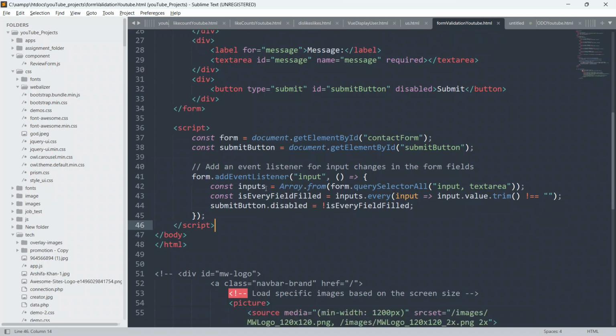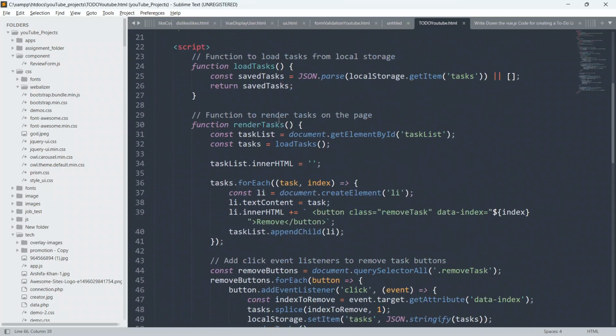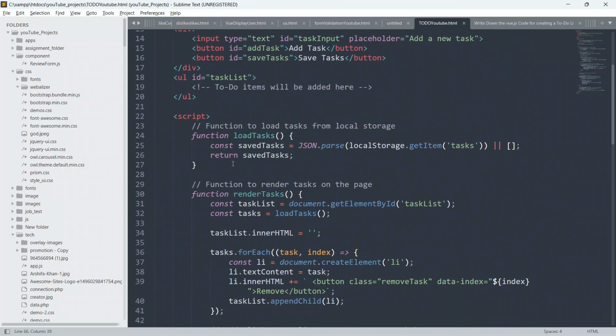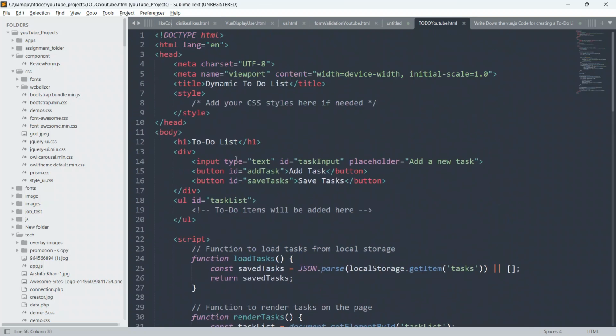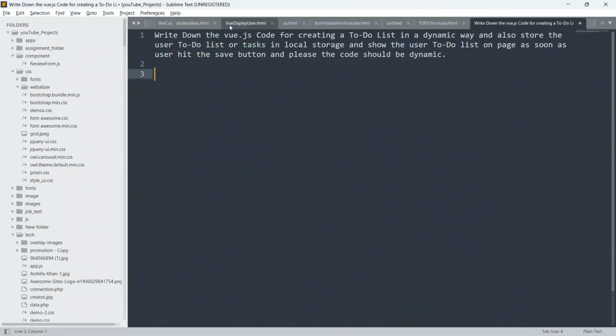I will just fix this. It will be the issue of Vue.js only. Sorry guys, I am taking over your time.